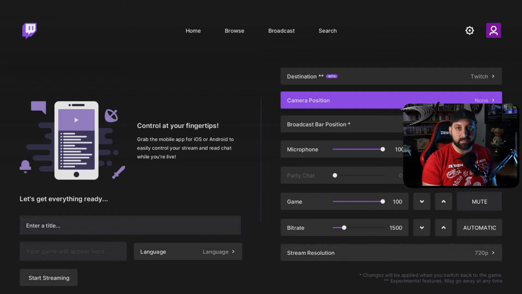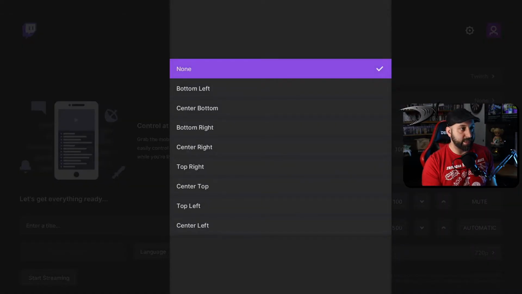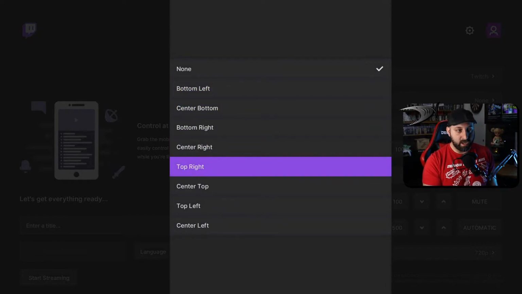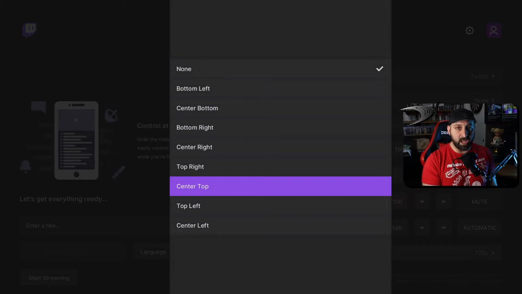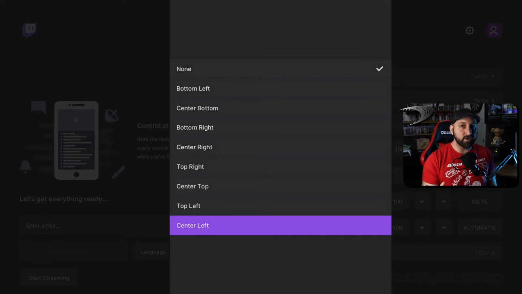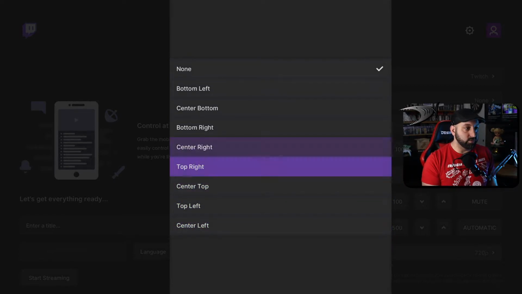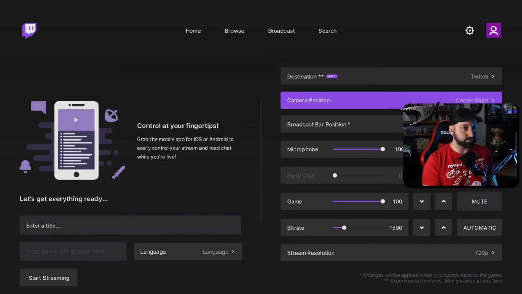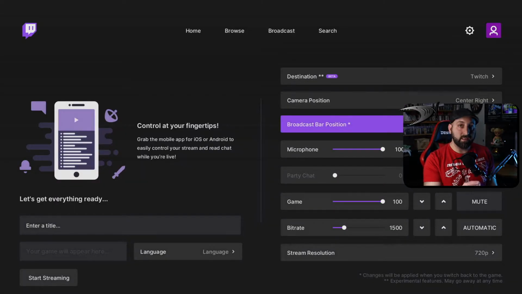So now I can select this camera position. I'm going to go ahead and hit that. And you can see the options that you have here. You have bottom left, center bottom, bottom right, center right, top right, center top, top left, center left. So whatever you prefer. You can see here the video that I'm making. I have it on the right hand side. So I'm going to do center right, and I will select that as my camera position. Okay, the broadcast bar position I will leave at the bottom right,